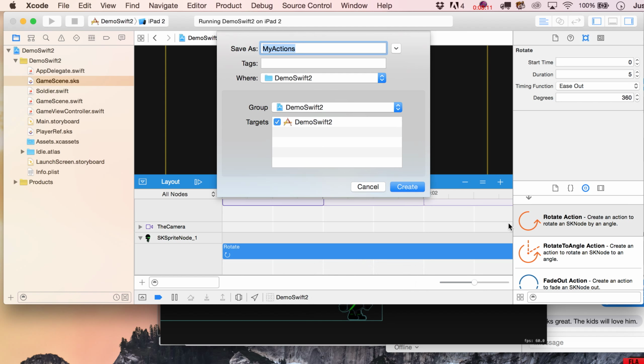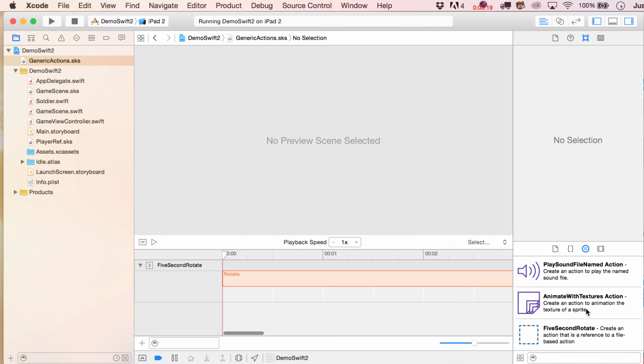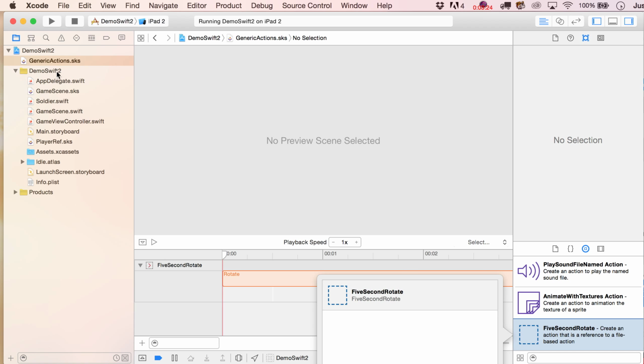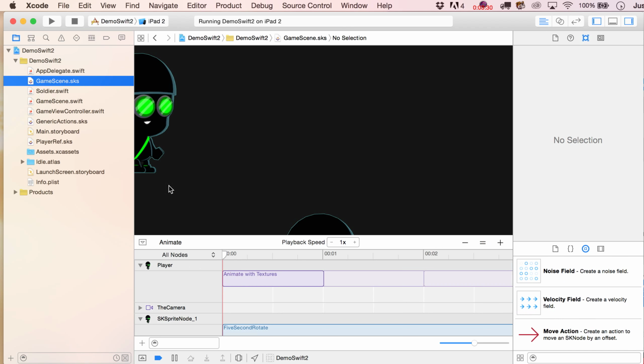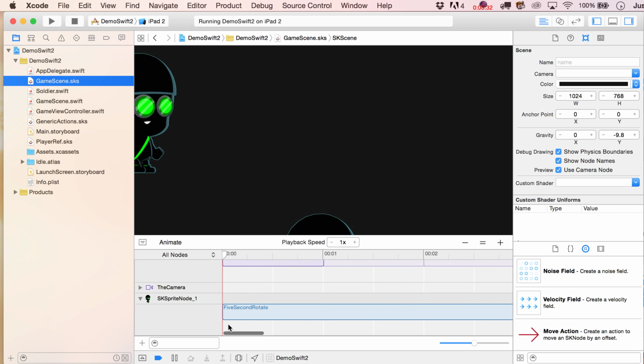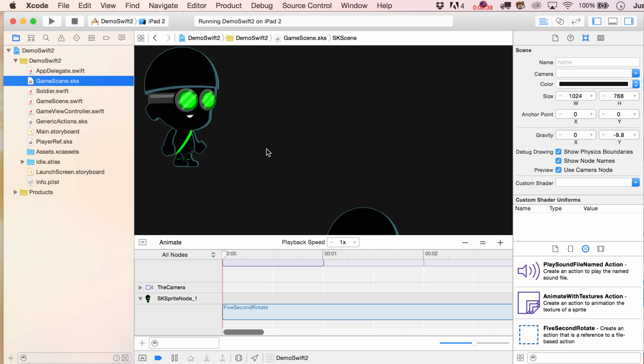And it's actually going to create a new file, call these generic actions. And now I've actually saved this as an action that I can pull out of here whenever I want. So right now I'm in that generic actions file I just created. I'm going to organize this a little bit better, pull that back down here. But so once I'm back in my game scene, what I can do is, again, take this out. I can pull it onto any other node that I wanted to,